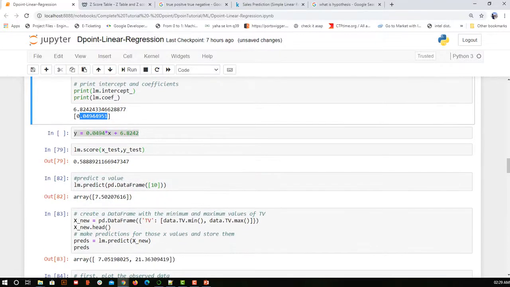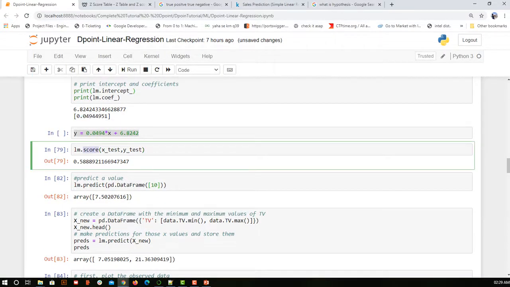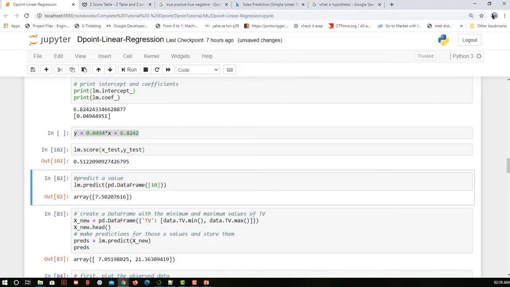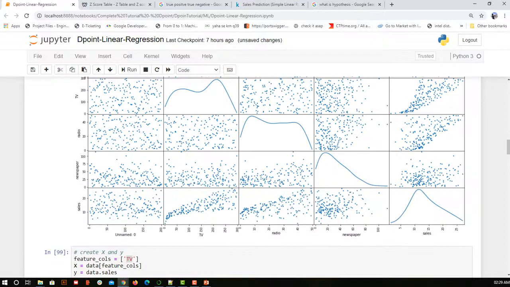Now we'll see the score, which will give us the accuracy on x test and y test. Here I am getting a 51% accuracy. Why? Because we have chosen only TV to predict the sales, but we have not considered other inputs. It's like even if you take less data, that is not correct, and even if you take more data, it is also not good for predicting. So we have to take the exact or a good amount of data so that the model we are building is a stable one.